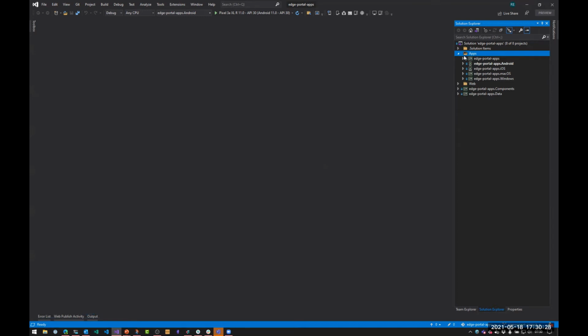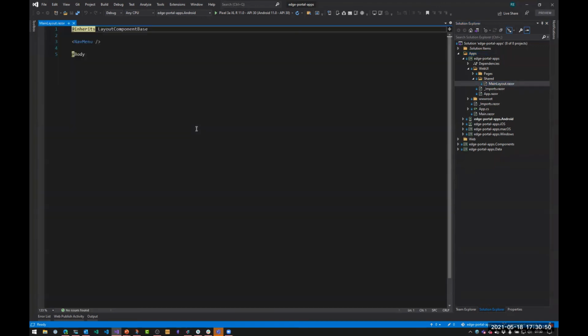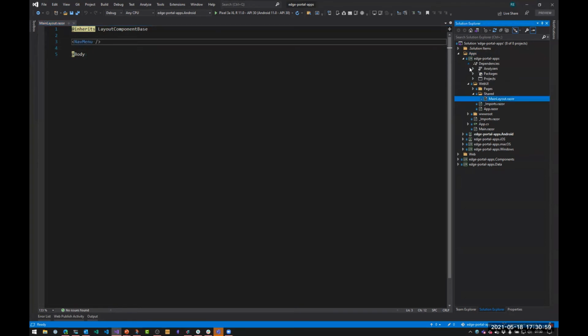They're exactly the same. But if I start to look in my mobile Blazor bindings project, in my web UI here, you can see my component folder's gone. I no longer have my component folder in here. I no longer have my services folder in here. I've split those out into a separate project. So what that means is, if I look in my main layout, you can see I'm still referencing this nav menu component, but it's no longer in this project. If I look at my dependencies here,